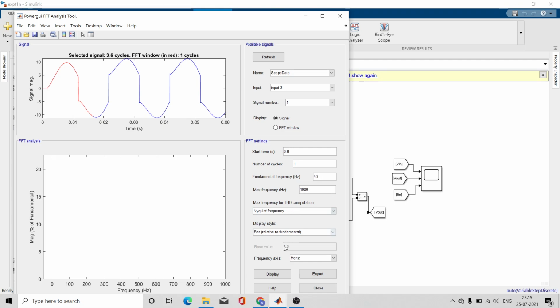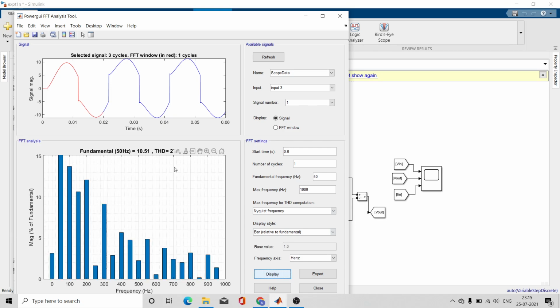Harmonics are nothing but unwanted signals of higher frequencies than the fundamental frequency. Fundamental frequency is 50 hertz. The second harmonic is 100 hertz. The third harmonic is 150 hertz. So instead of only one fundamental frequency, due to these harmonics there are many unwanted signals of higher frequencies.